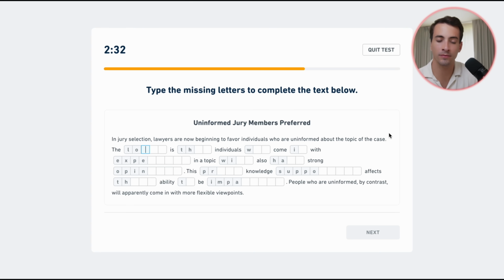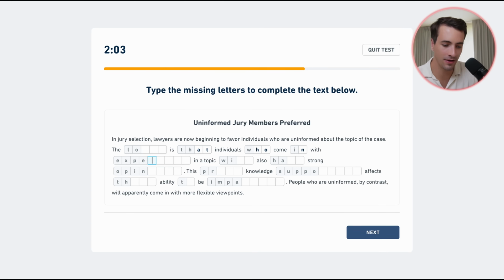So uninformed means not; informed means to have information, to be knowledgeable about a topic. So uninformed means not knowledgeable about a topic. So that's useful context that we want to have clear in our minds before we start filling in the incomplete words. So the passage goes, the blank is that individuals